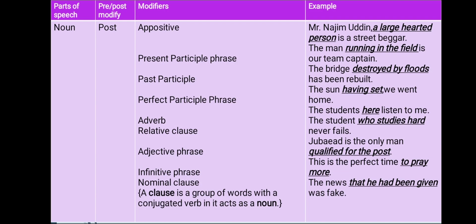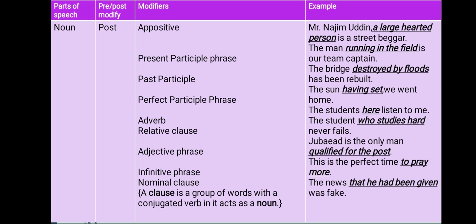Noun post modifiers. Appositive. Mr. Nazimuddin, a large-hearted person, is a street beggar. Okay, we got a sense of appositive in the previous example. Guess another one. Nazimuddin is a street beggar, but he has a large heart. It's an information. A phrase type information, or extra information about the noun, is called